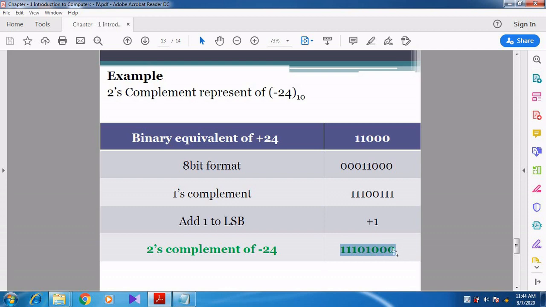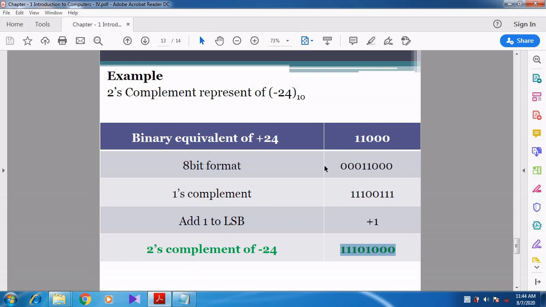Here it becomes 0. The next digit is carried. How will you carry? Like 5 plus 9 is 14, 4 will be written at the bottom side, then 1 will be carried to the next digit. So like that you want to do here. We will study binary addition in later chapters, then you can understand it clearly.